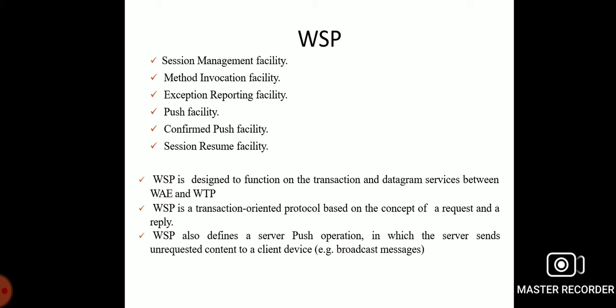In session protocol browsing, it comprises the protocol services most suited for browsing-type applications. It offers the following features: HTTP 1.1 functionality.